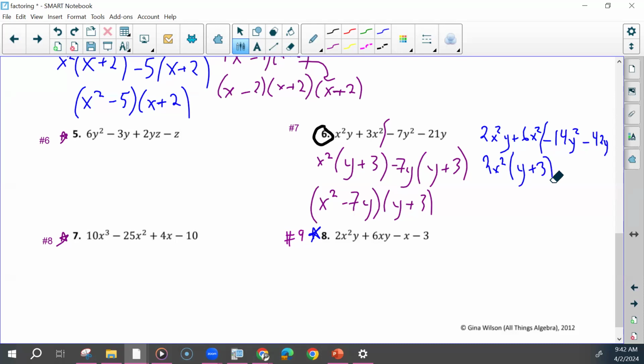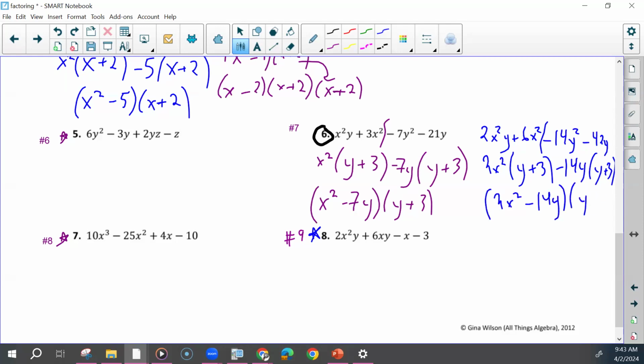And then what could we divide out of those last two? Negative 14y. Leaving y plus 3. So then we'd have our two factors, 2x squared. That is a 2. It doesn't look like it. Minus 14y